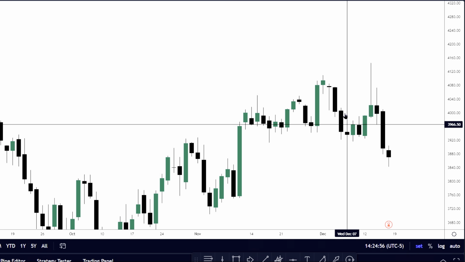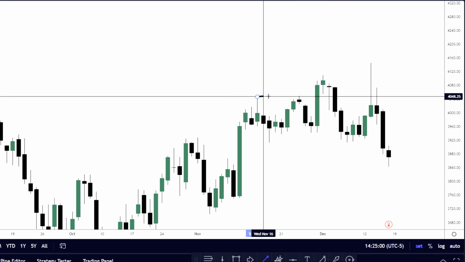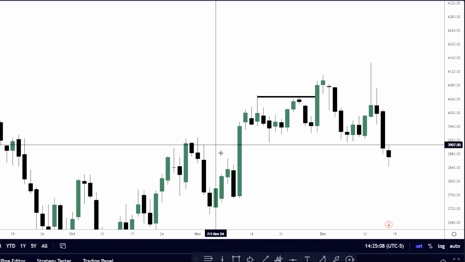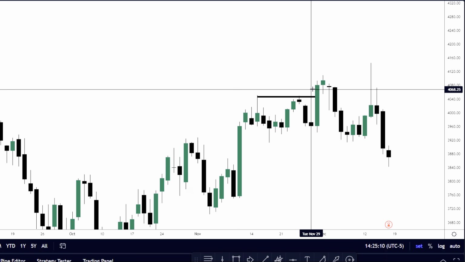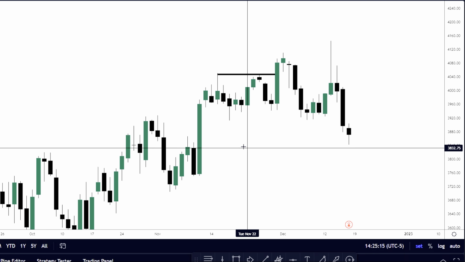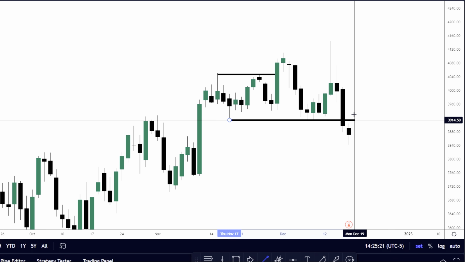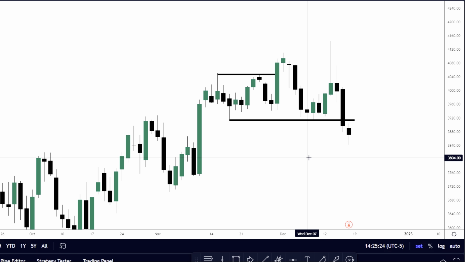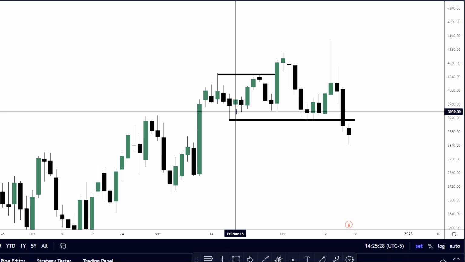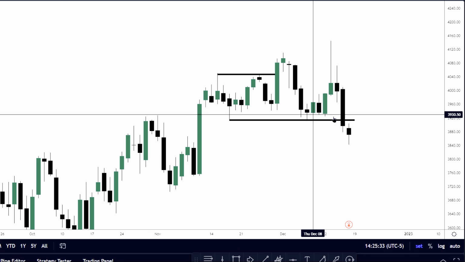All right, so I was able to call this right here. Once we went down here, everyone was thinking we were going lower to fill this, but I kept saying no, no. It's going to need to clear out these highs. And same with these equal lows right here. When we're up here, there was another set right there. So I knew once we got up here, we were going to come down and clear out at least these.